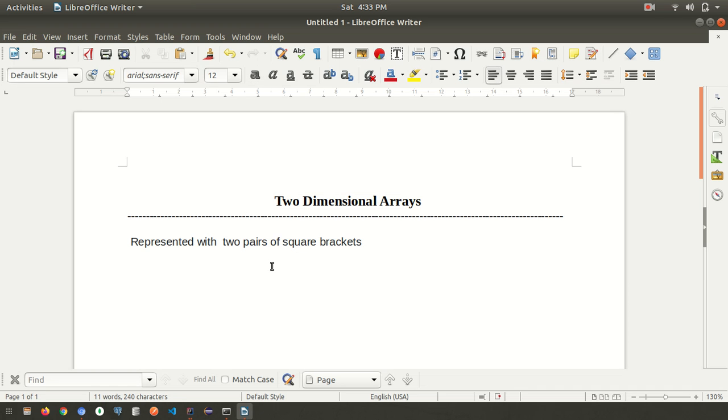Last time we discussed how we can represent a one-dimensional array. The syntax for a one-dimensional array is the data type, a pair of square brackets, and the name of the array. For example, 1D array equal to new int, the size of the array, for example 5, semicolon.